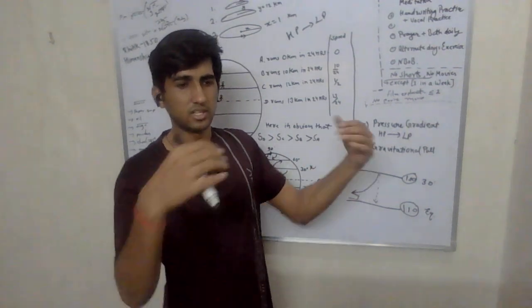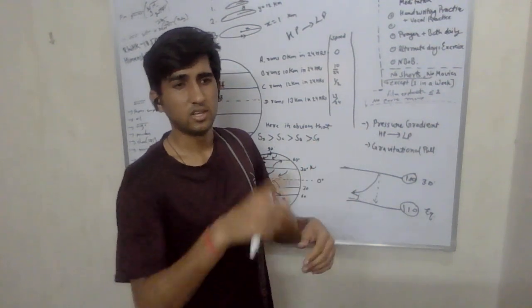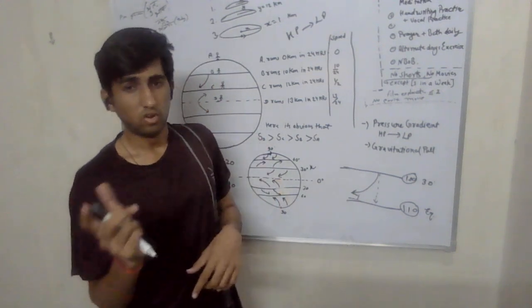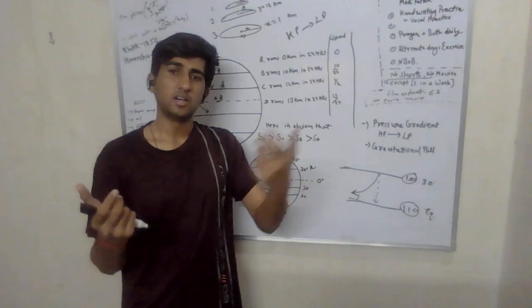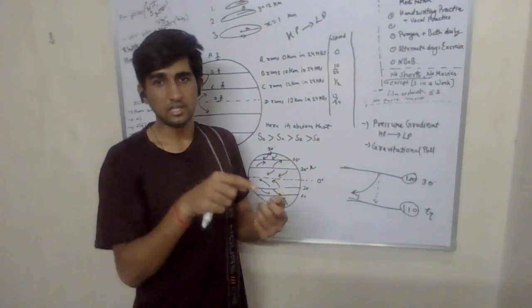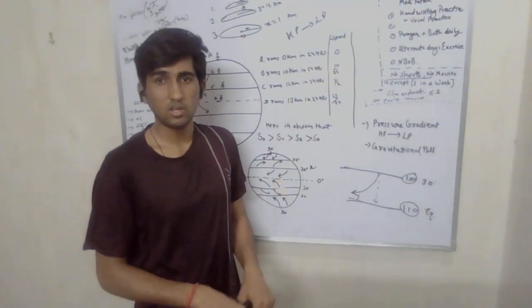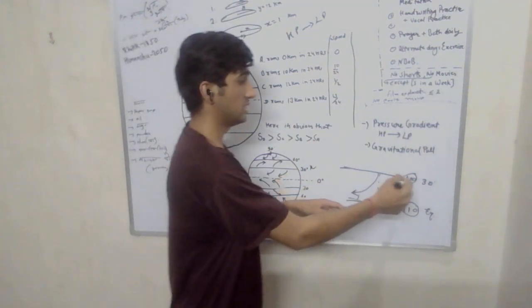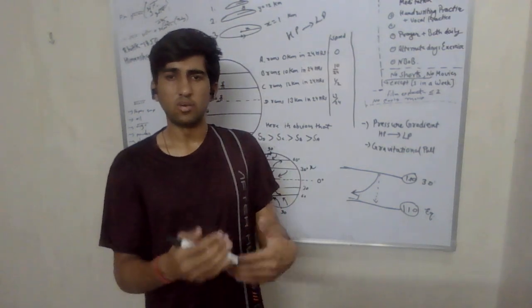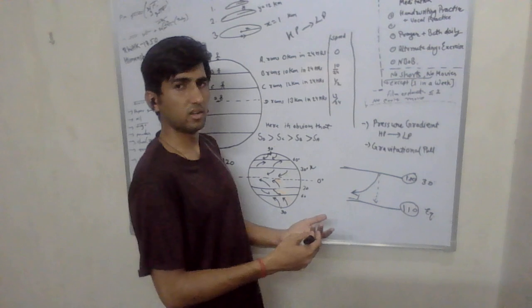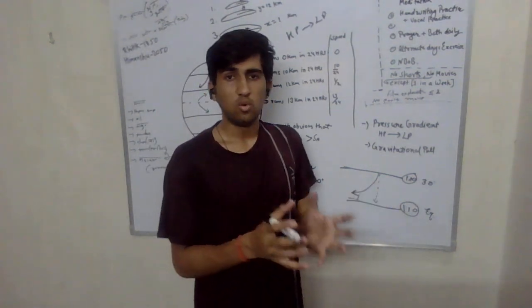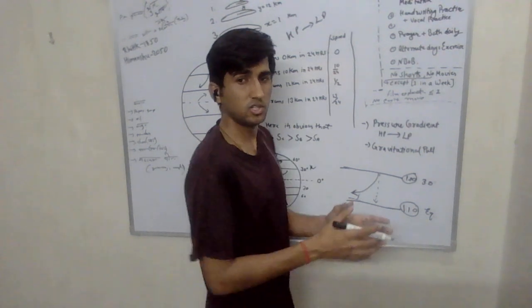cell formation, the condensation process, and the convergence of all the air from temperate, from the Ferrel cell and Hadley cell. These converge at this point. So because of that, the 30-degree or tropical region is a bit more higher pressurized, a region of high pressure, right? So what it should have looked like, it should have been